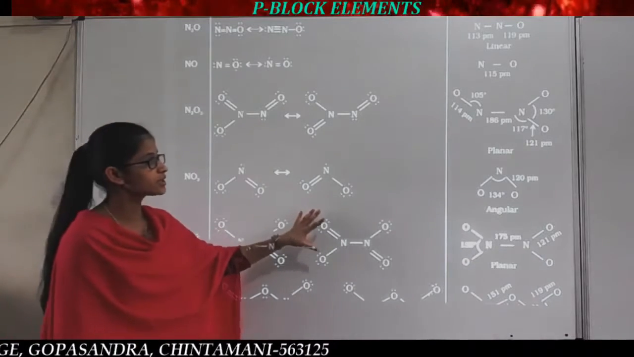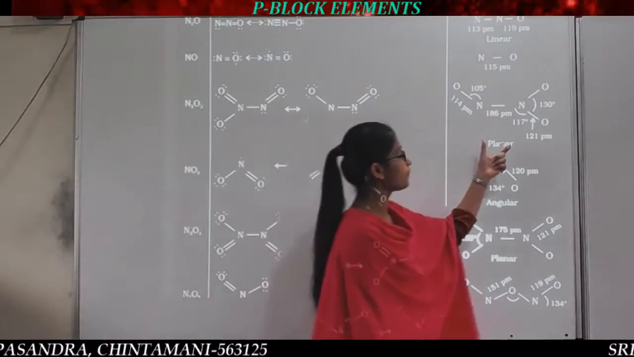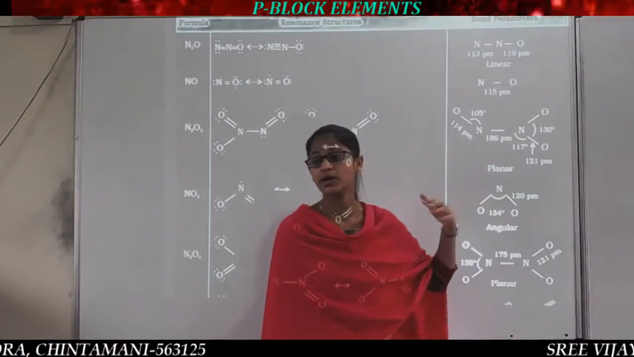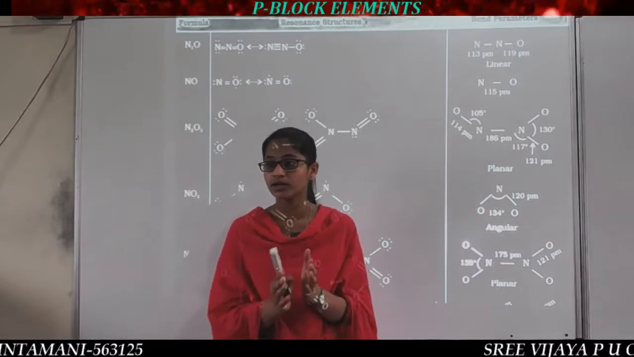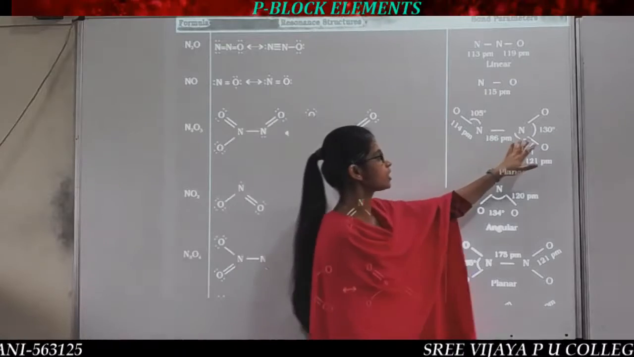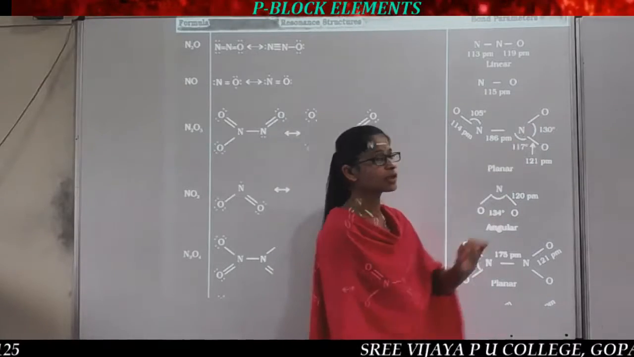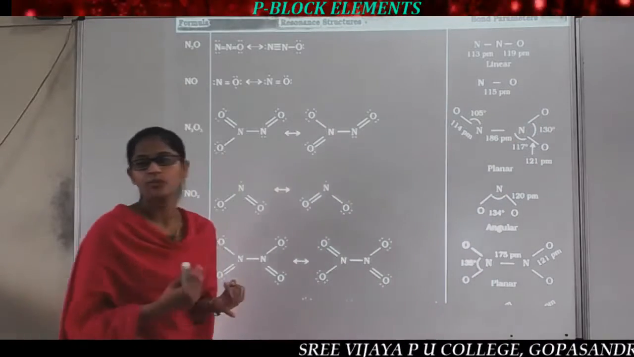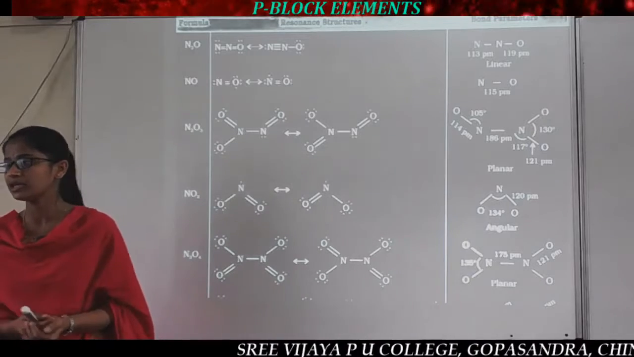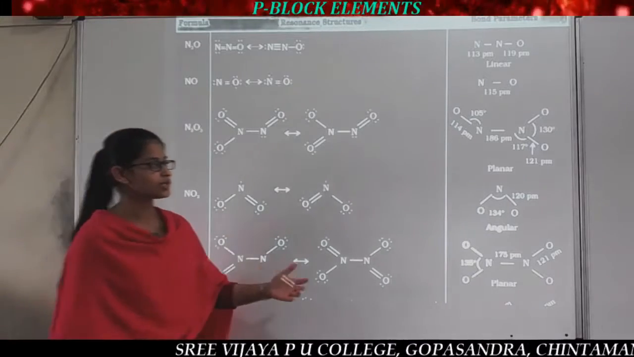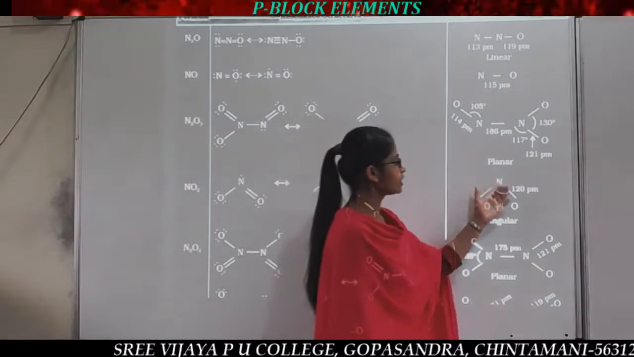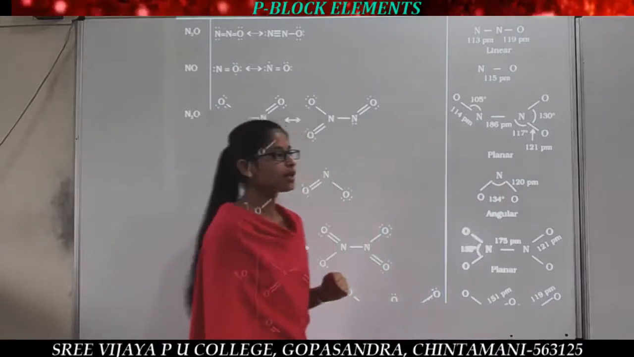Based on this resonating structure, we have to conclude what the bond parameters are. For example, the bond length, the bond between nitrogen and nitrogen, or between nitrogen and oxygen, and the bond angle. Bond angle and bond length we call bond parameters. So we see what variation occurs in the different oxides. We'll see the first one is